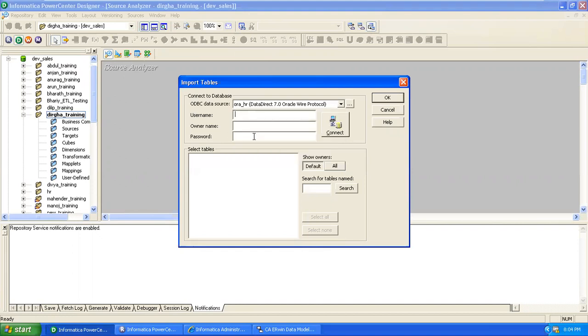There is an HR user available in the Oracle database. The name of the user is HR. Here we are working in Informatica PowerCenter. We are working with existing data models only. The data models are already designed by the data modeler using the Erwin data modeling tool.